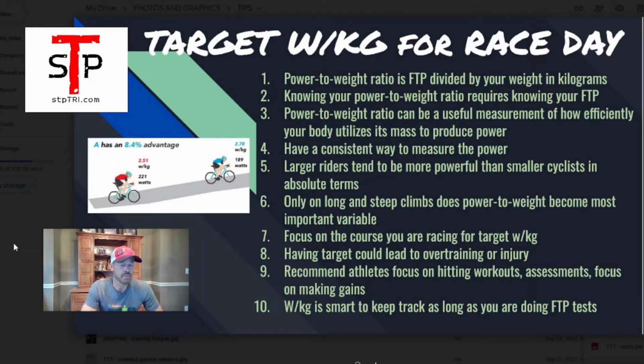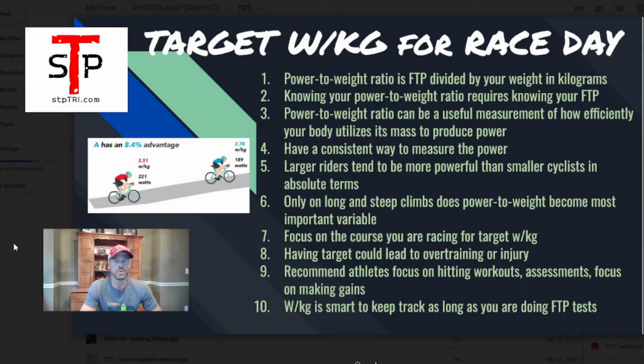The weight of your bike does make a difference too. You can do it on a trainer indoors and just look at your own body weight. But when you're out there riding your bike, you're actually carrying around all the weight of the bike. You're pushing that around too, especially going up hills, all the way to nutrition, all the way to your water bottles. If you're not keeping track of that stuff on race day, it's going to be significantly different,